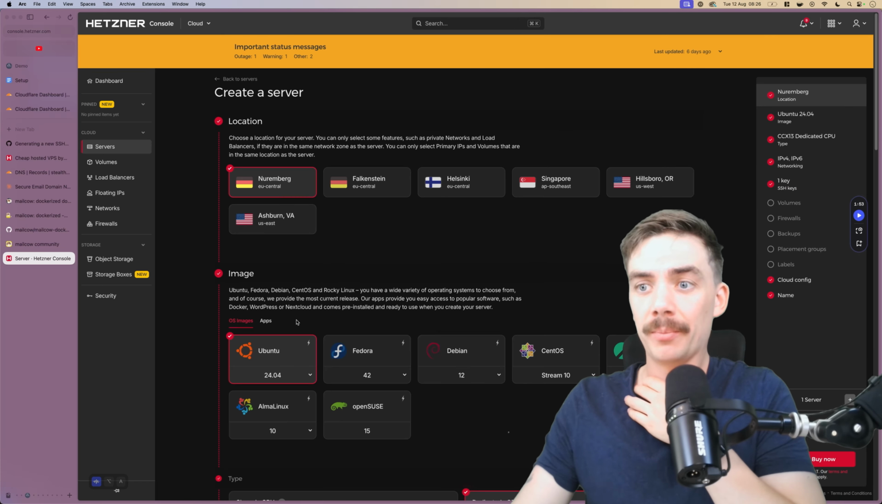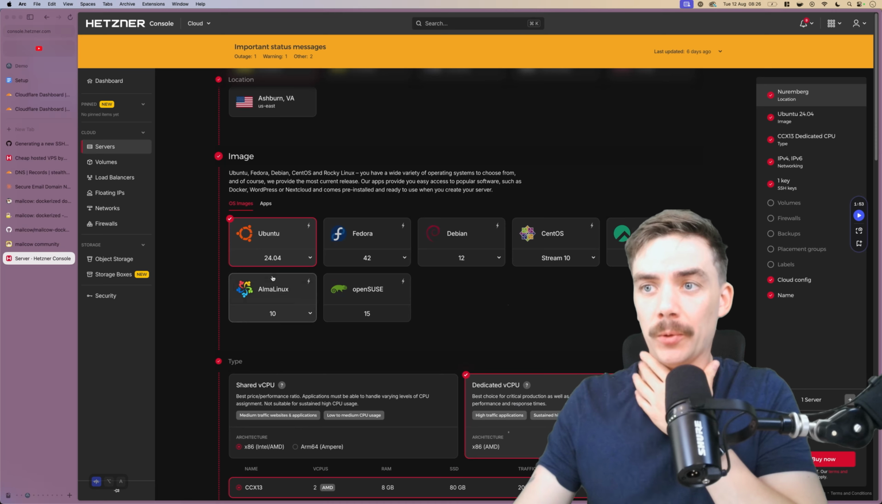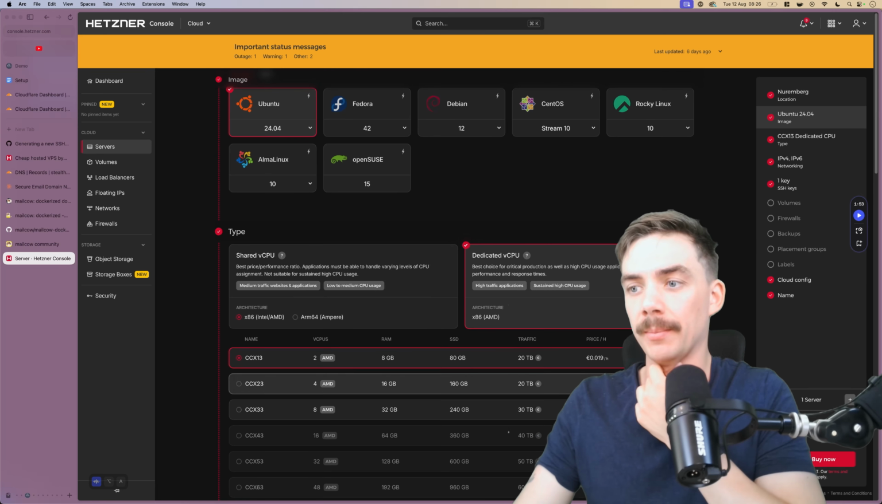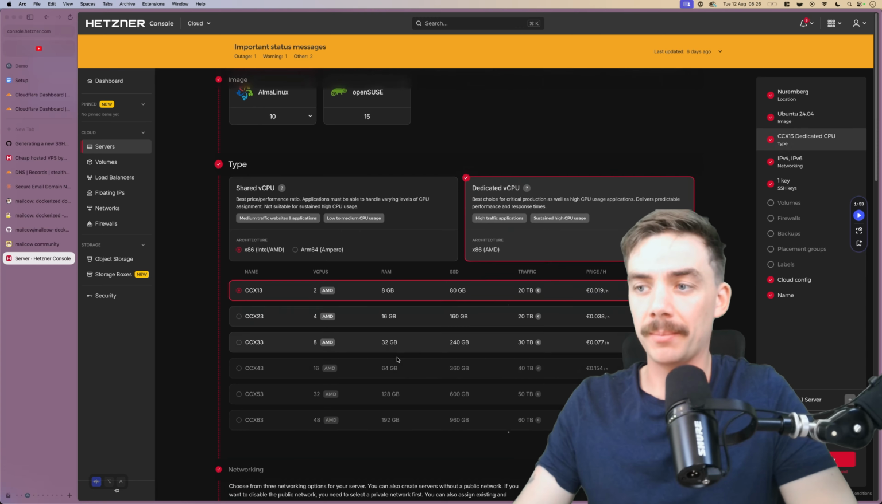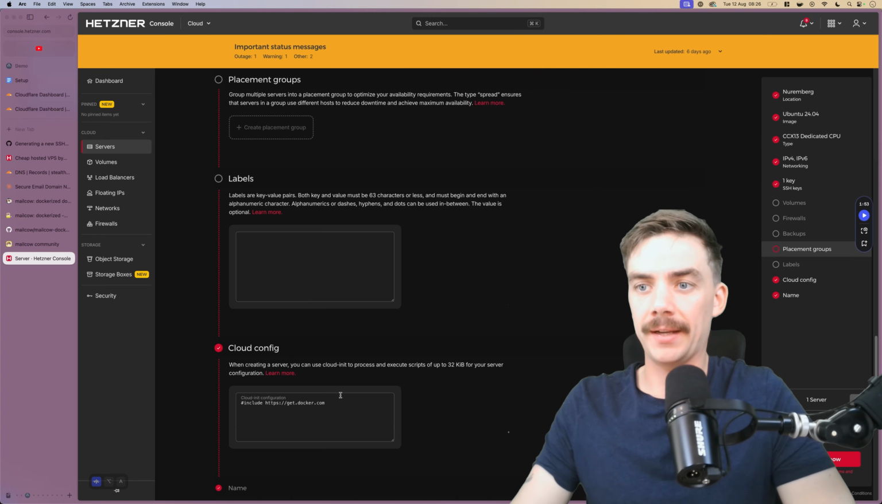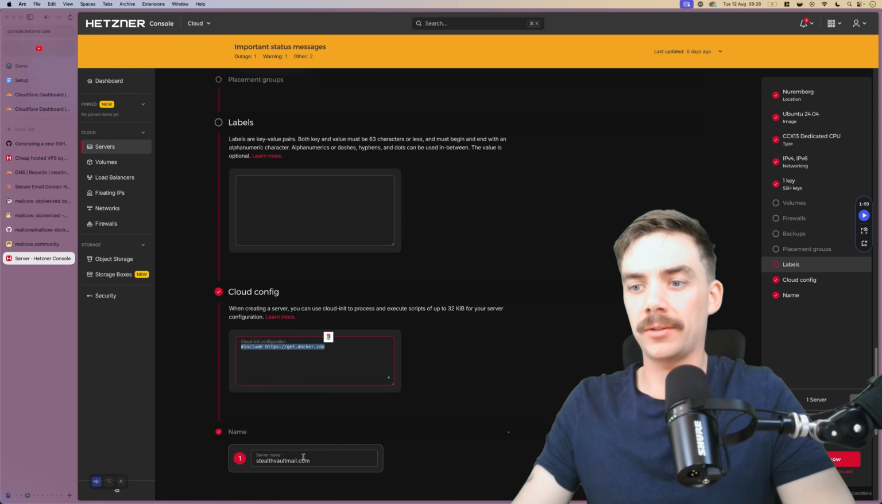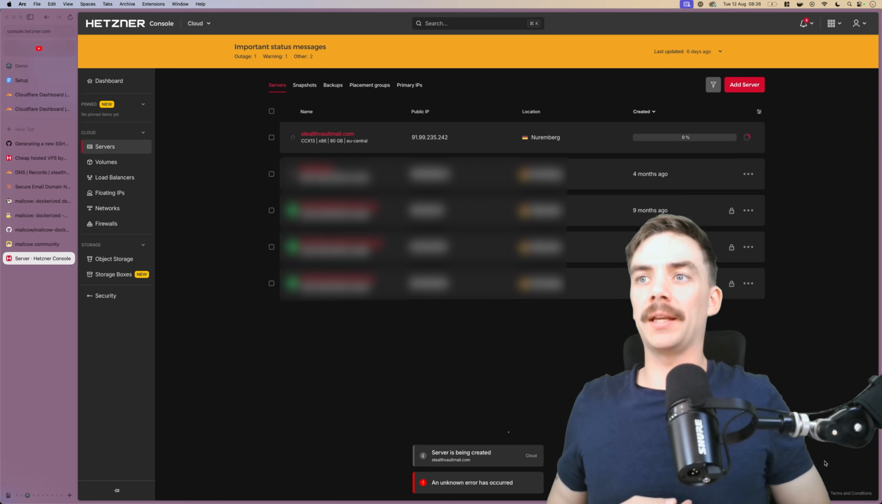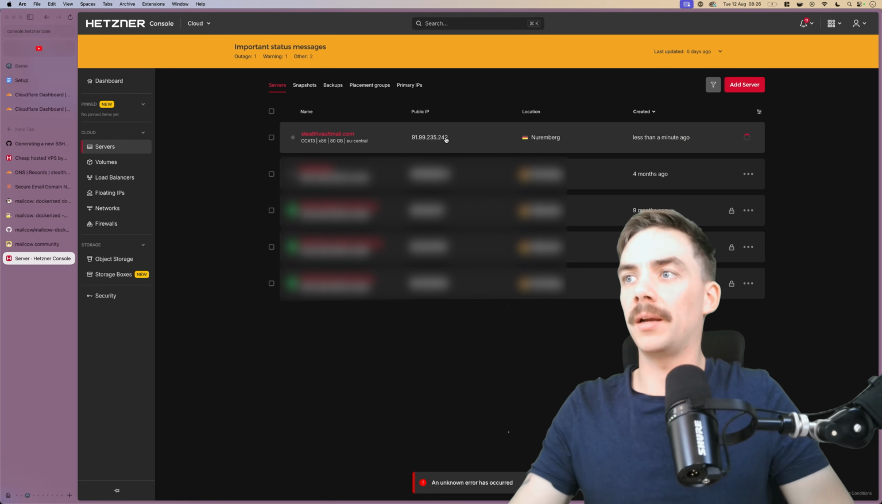So I'm going with Nuremberg, Ubuntu 2404, dedicated vCPU at $12 per month with 8GB of RAM, which is our minimum. We've got IPv4, IPv6, Hetzner, and we've added a cloud config of include get Docker. I've given it the name of the domain. Then we're going to create,